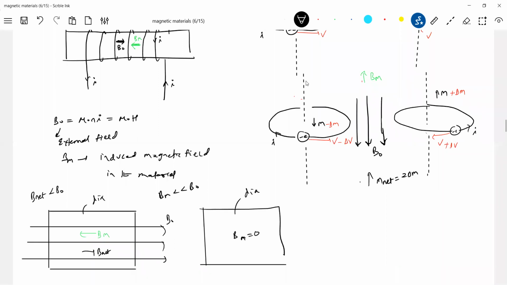Okay, let's compare the other features. What are the examples of this one? Shall I say they are repelled by magnets? Look at the induced magnetic field, what will it try to do? It will try to repel. So if you keep a diamagnetic substance in a magnetic field, it will be repelled by the magnet. Suppose there is a bar magnet and I bring a diamagnetic substance. It will experience a repulsive force.